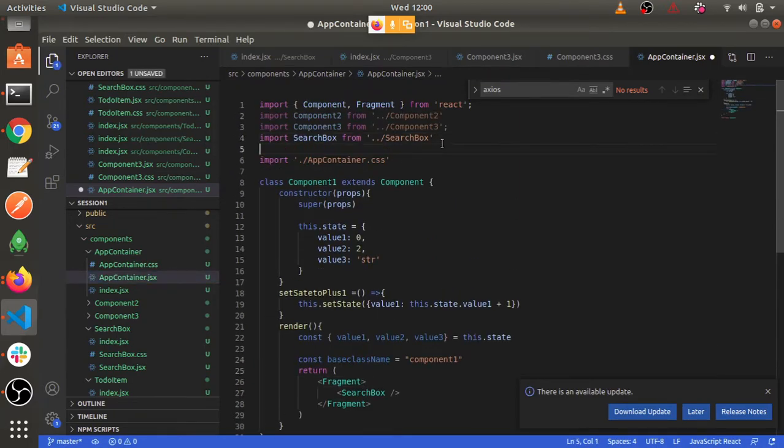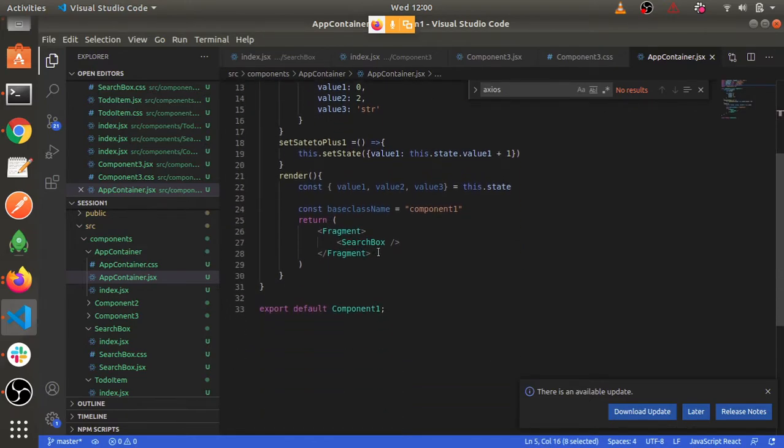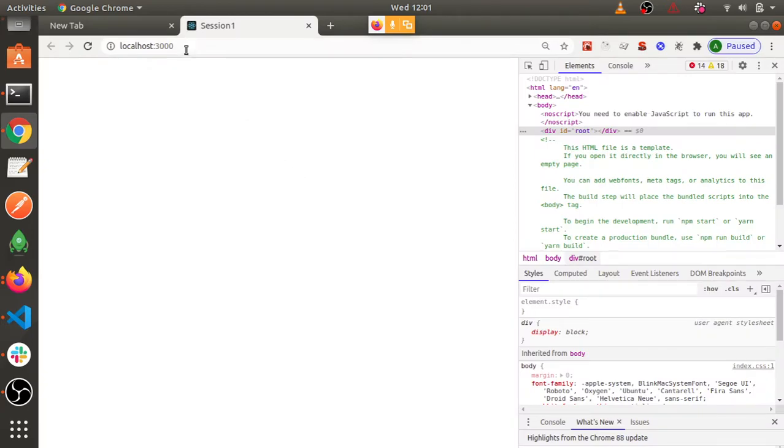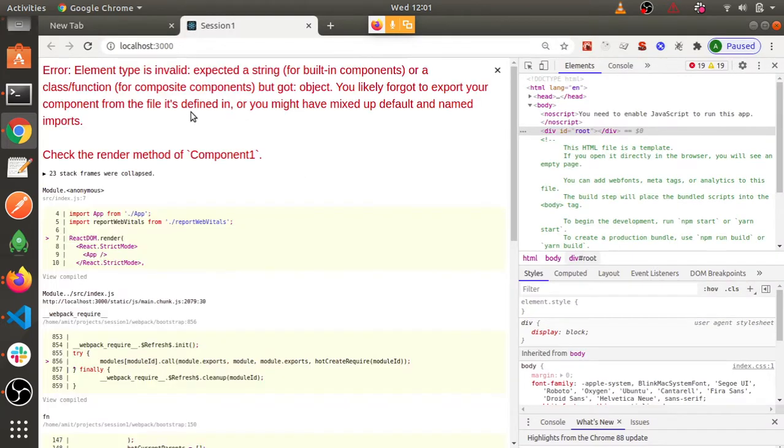So your doubt was how to integrate multiple components. That's what we are doing right now. So the best thing about code is it gives you autocomplete, which is very apt. So currently we'll have to do few things here as well, but I'm not doing that here. I just want to see how my component looks like. That is my only purpose right now. So if I refresh it, I want to see what is happening.